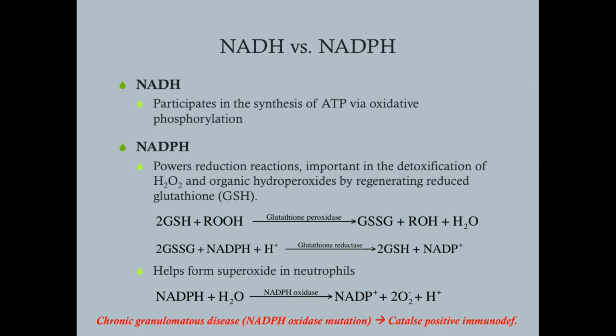Now, we don't really see much of an immunodeficiency in people with G6PD deficiency, and what that probably means is that you can form NADPH elsewhere, or maybe you just don't need as much NADPH for the neutrophils to do what they need to do as you need for the red blood cells to do what they need to do, namely protecting themselves. But this enzyme does come up, and that's chronic granulomatous disease, and these people are susceptible to